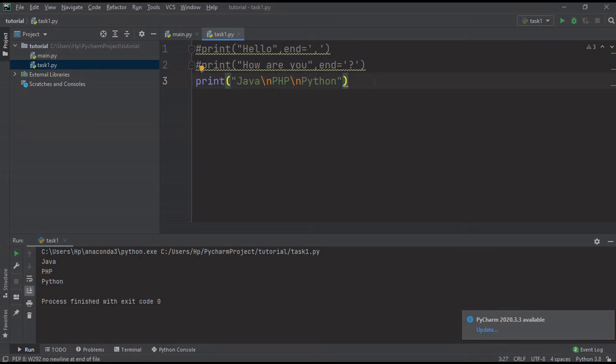Okay, so suppose now again I'm just going to change it a little bit. In place of \n, now I'm going to put \t. It basically provides a tab space between all these values.